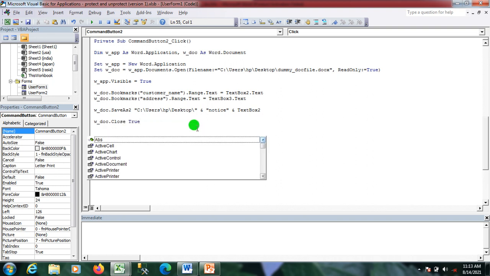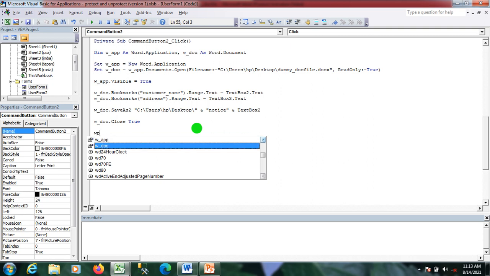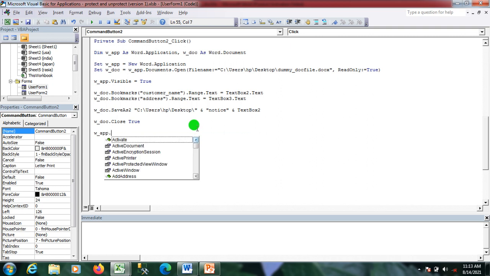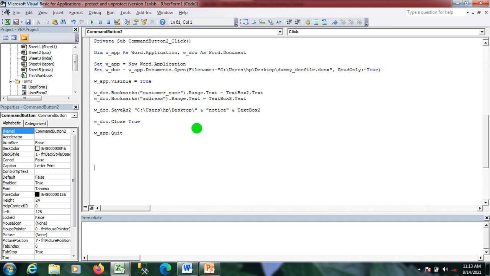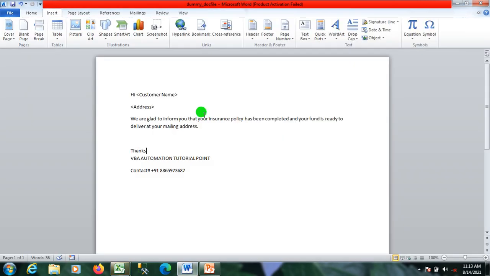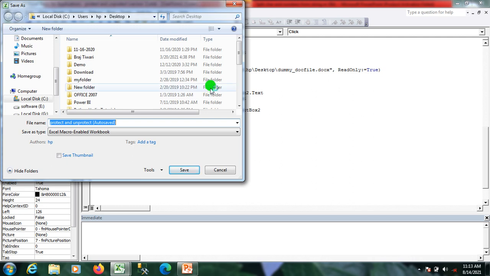Now I need to close the Word app as well, with Quit. So guys, that's it. I'll just mention that it's done. Now I'm saving it, and I'll save and close here.